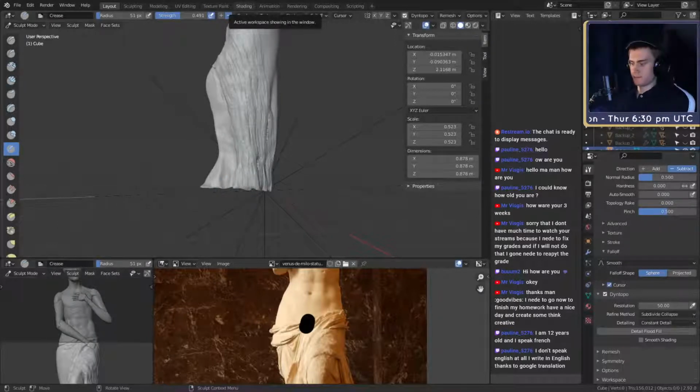Let's see. What is it called? Venus Sculpt side, I guess. Oh, well, that's not really what I was looking for. Was it Venus or was it... no, it wasn't Aphrodite. Venus Sculpt is the right one, isn't it? Oh, a time lapse.